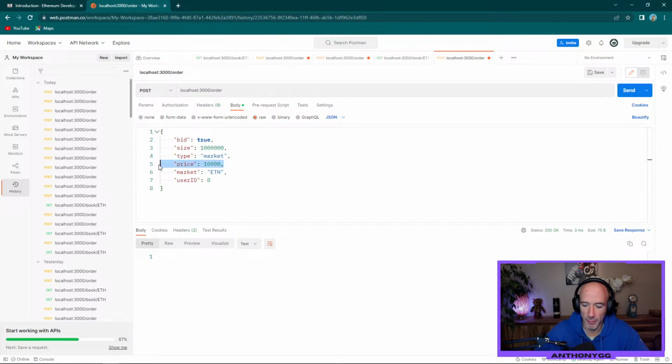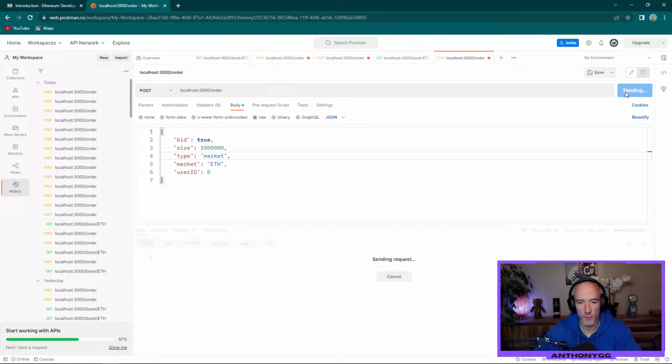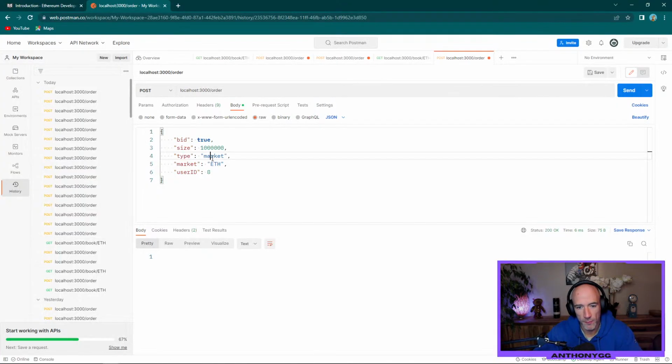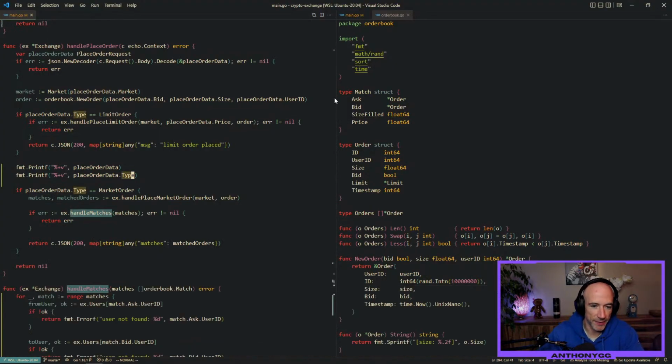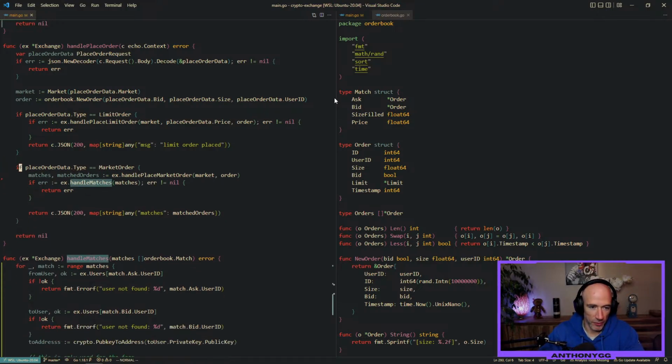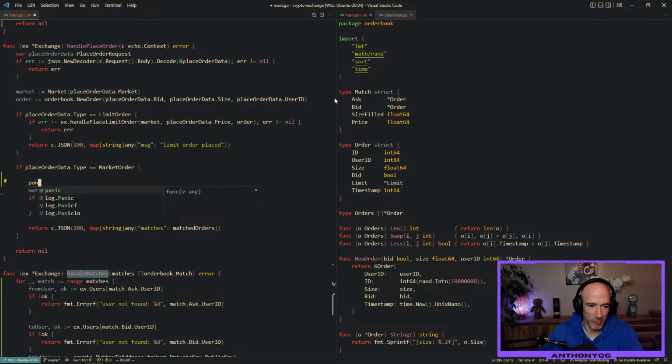Market, this price doesn't really matter, to be honest. This is working. Goddamn it. I should be fired. If you were my boss, you should fire me instantly. So if I do this, this should actually work right now. So if I do panic inside of this thing,